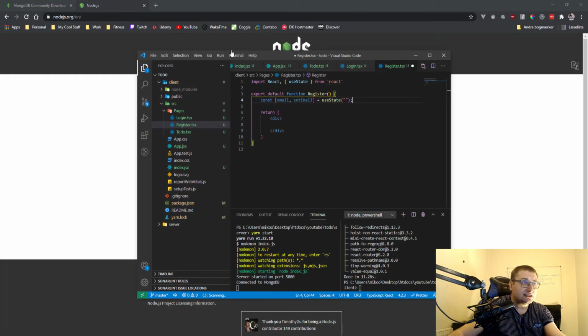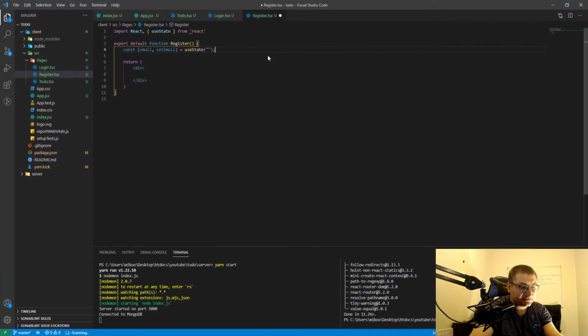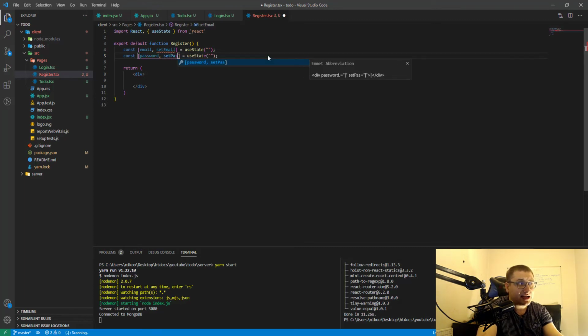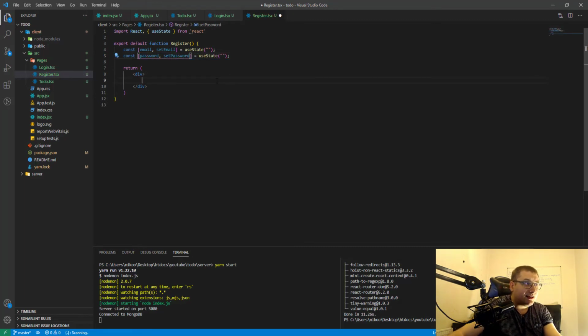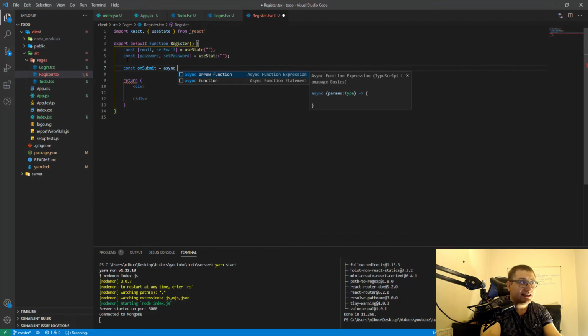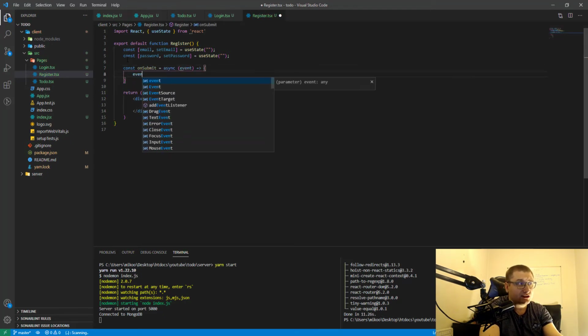Copy the line, and this will be password and setPassword, and I will create a function called const submit equals async event, and we'll say event.preventDefault,